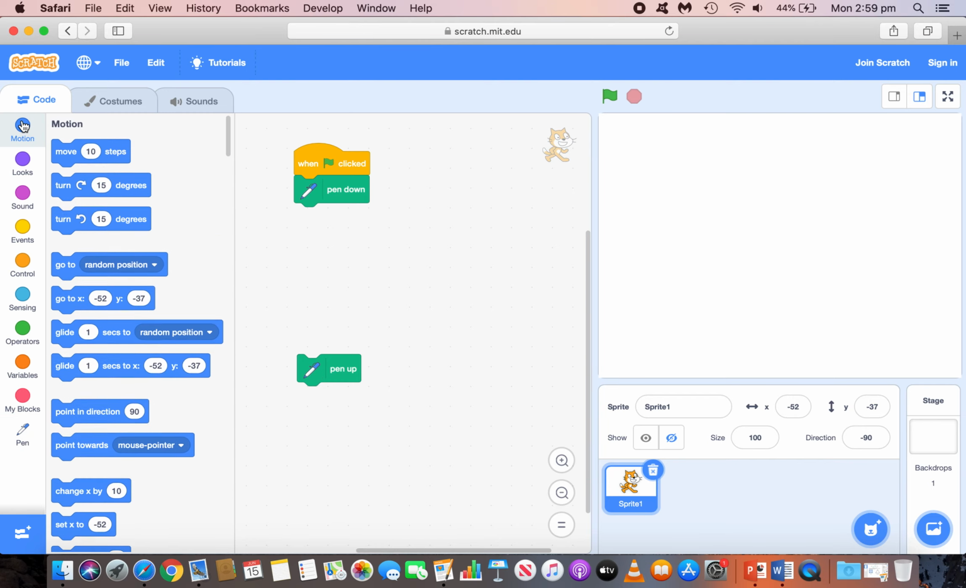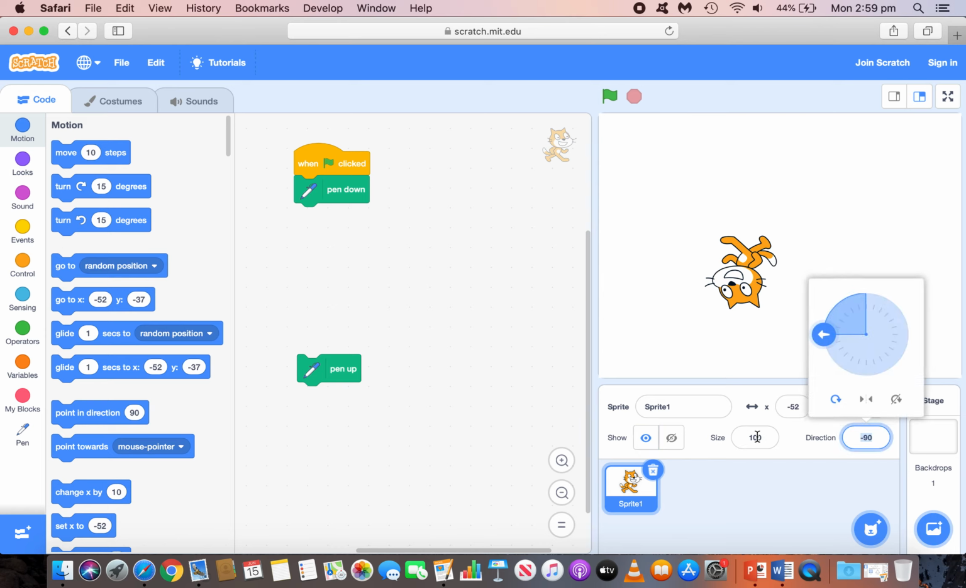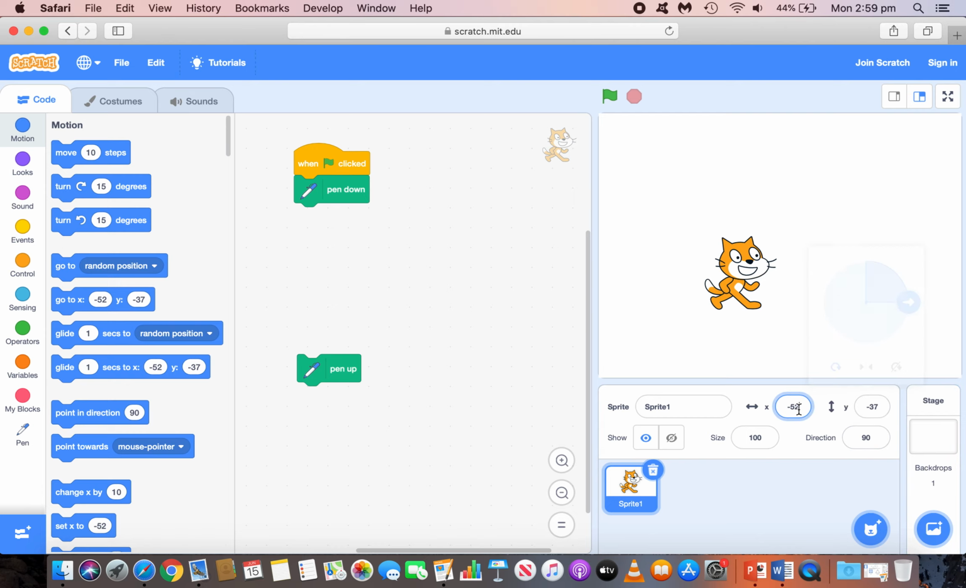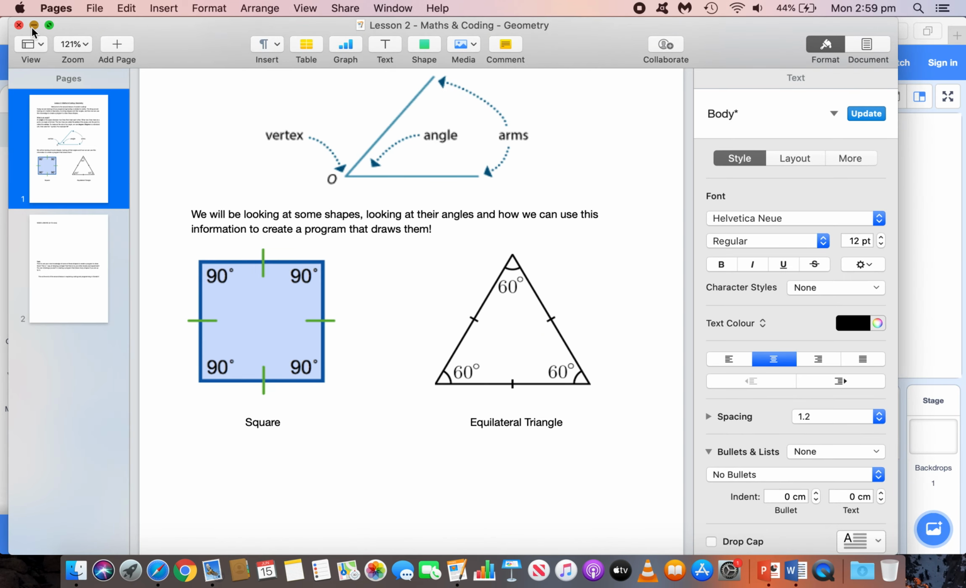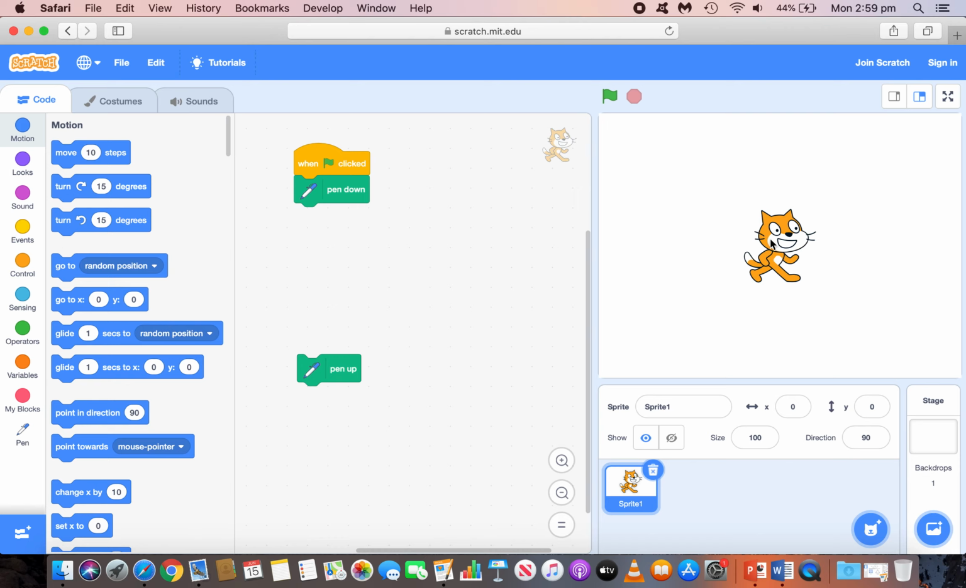So, there we go, and reset to 90, and 0 and 0. That's better. Okay, so as our sprite's going to be drawing a shape, which at the moment we're going to try and draw a square, we're going to need to have him move, don't we, while the pen is down. So let's make our shape